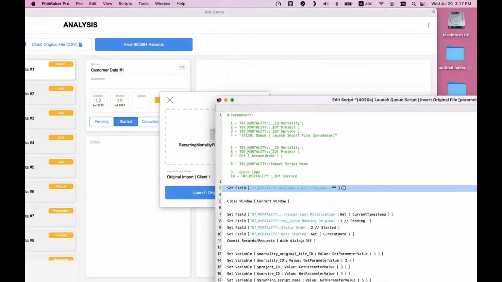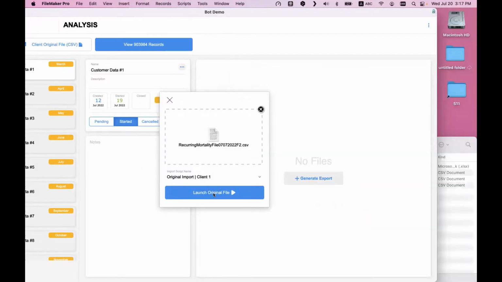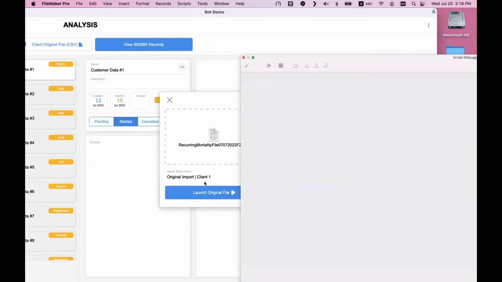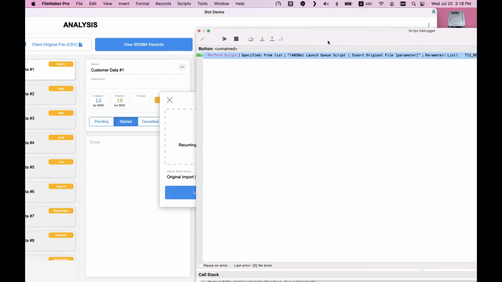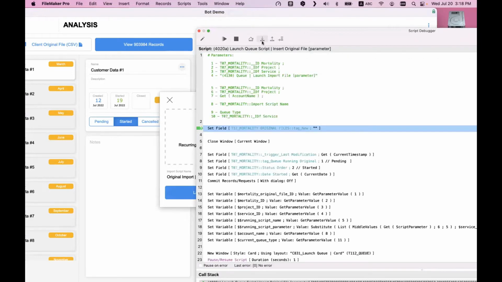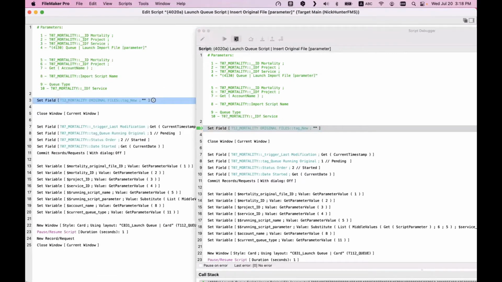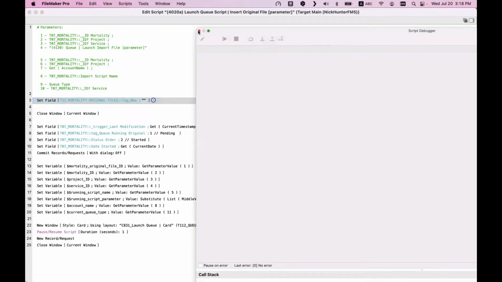So let me repeat. I want to open that script right away. I don't want to go to the script workspace and look for it because I don't remember the number or the name. I'm opening the script debugger and launching the script here. Then I'm seeing the script ready to be executed in the script debugger. I initiate the script by clicking on this button. Then I stop there. I edit the script, the script opens, and then I close this. I terminate the script. I don't want the script to run.